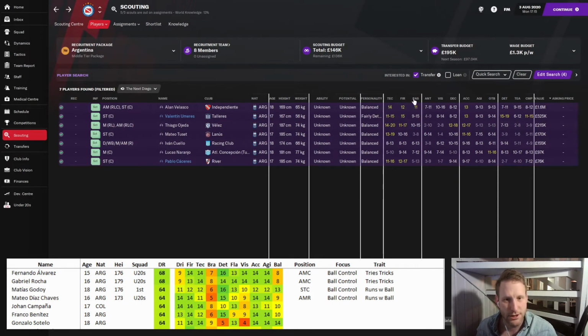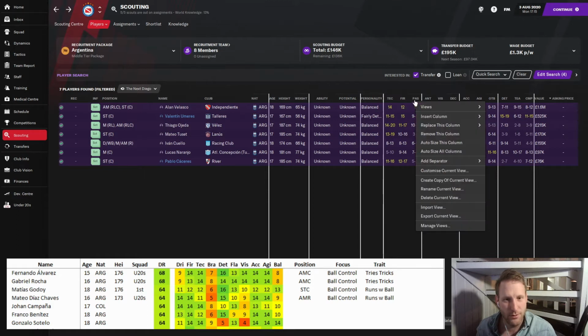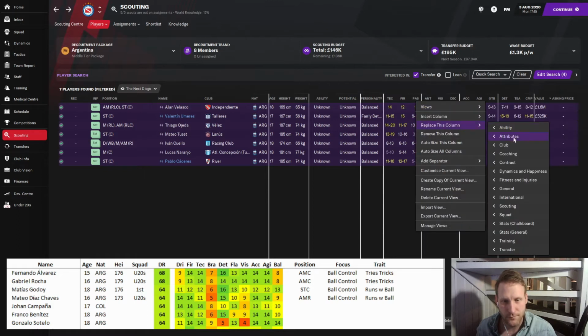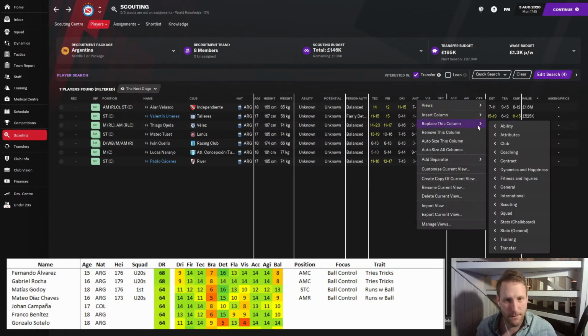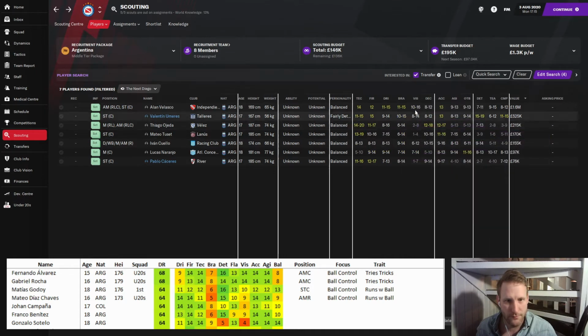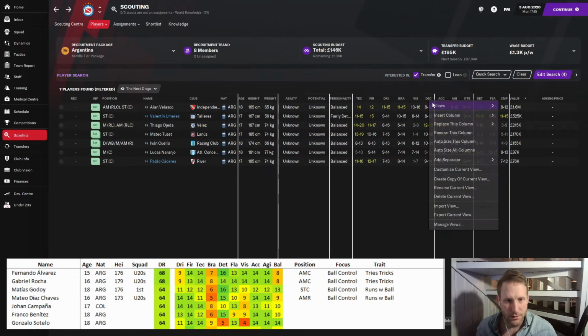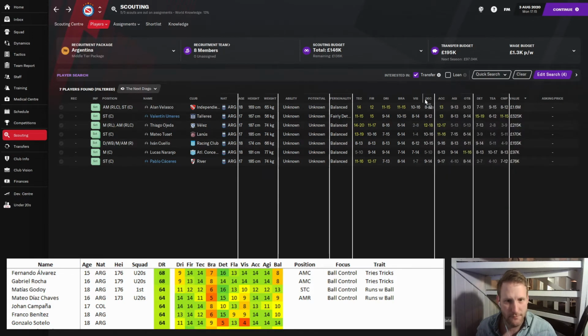Technique, first touch, passing. Passing is not in here. We're gonna go dribbling instead. Replace this column with dribbling. There we go. And then we have vision. And the other ones, attributes, mental, bravery, determination. We have it's there.